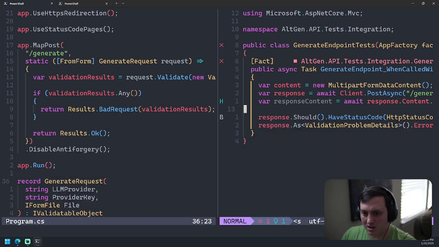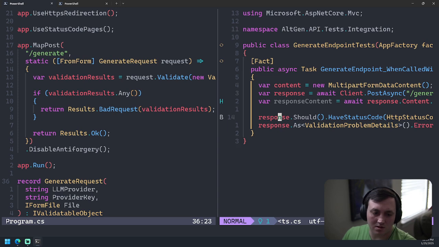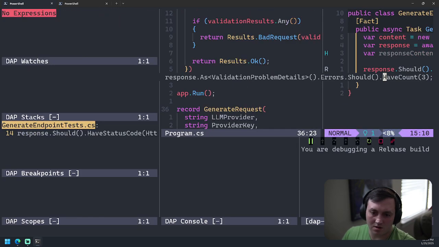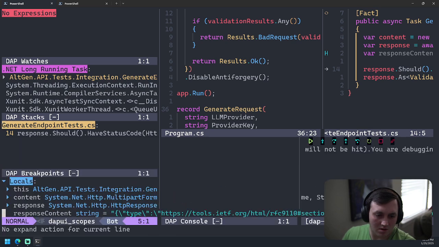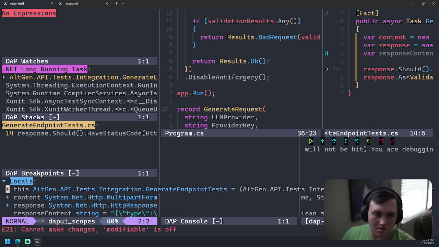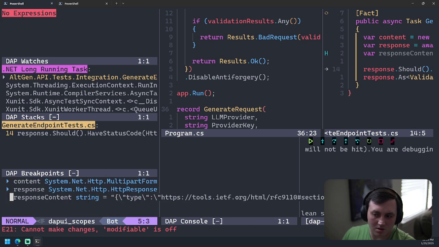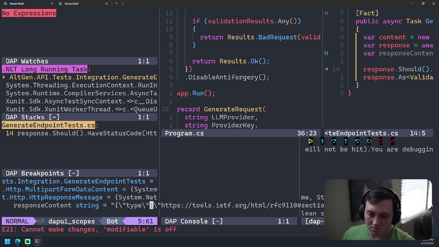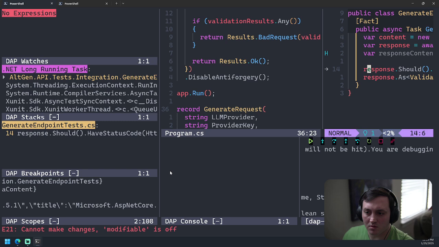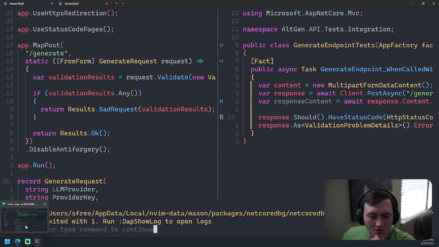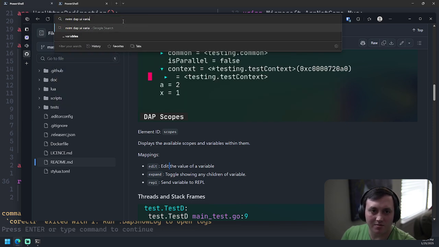Space PD. Yeah, I don't like that I can't see that whole string. In nvim dap UI, variable cut off.